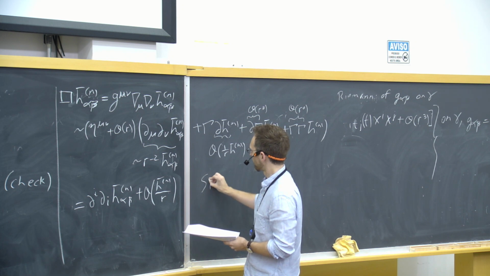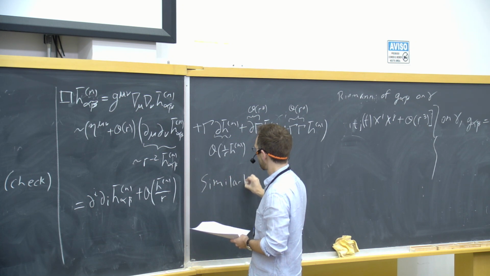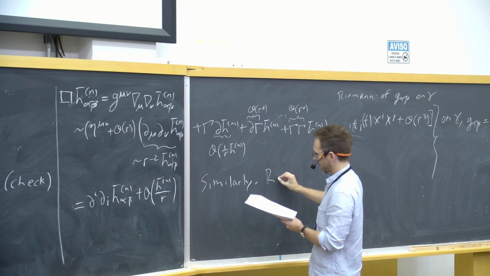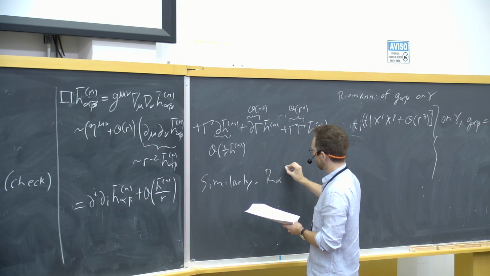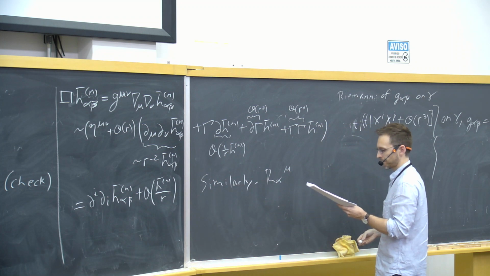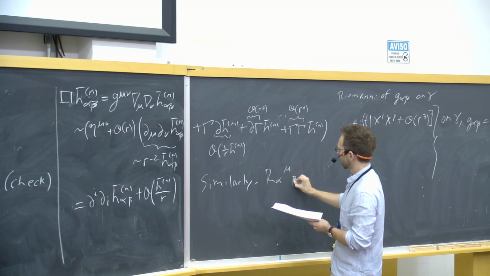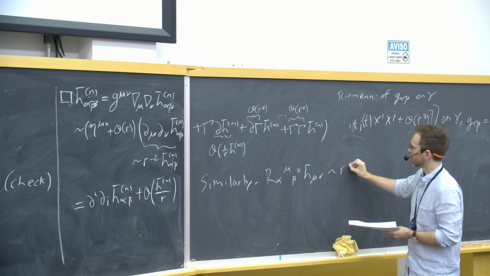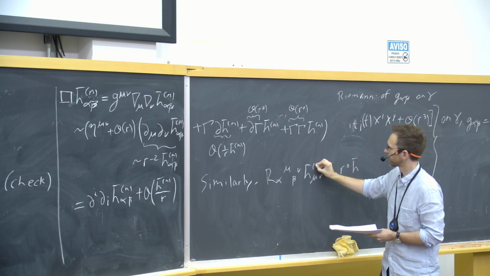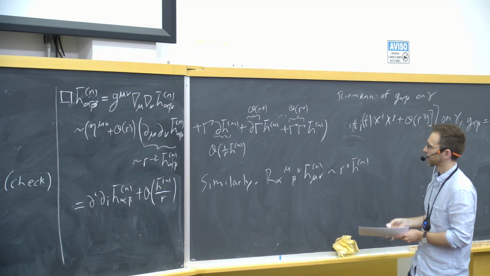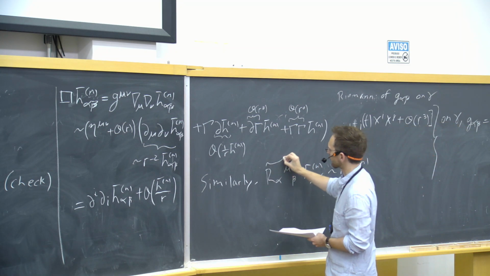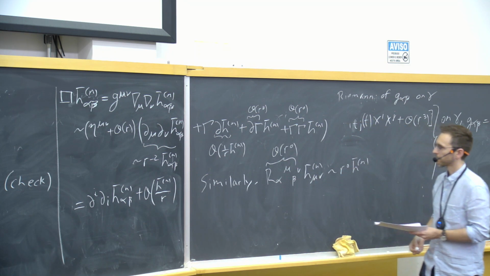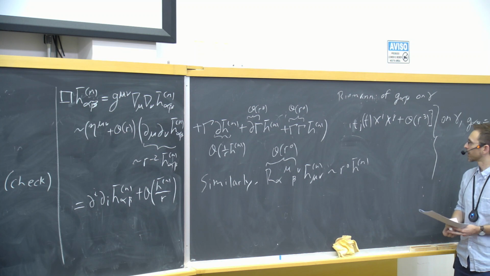Similarly, the Riemann tensor term that appears in that E alpha beta is just order r to the 0 times h bar, because this is the Riemann tensor of the external background, which is smooth at the world line. So altogether,